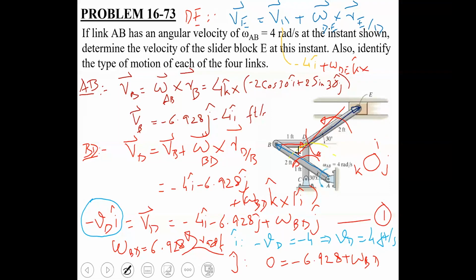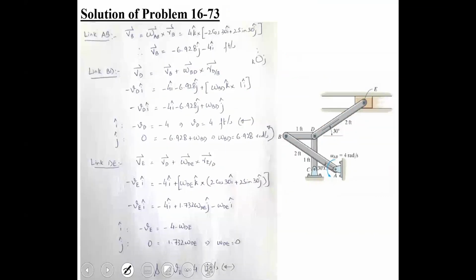So in first 2 cos theta 30. So 2 cos 30 i plus 2 sin 30 j. पॉजिटिव होंगे उनके ऊपर. दोनों पॉजिटिव होंगे because it lies in the first quadrant. तो थोड़ा सा हम सोल्यूशन की तरफ देख लें, वो पेज कंप्लीट हो गया था. So we are considering this link ED and we have written the relative velocity equation taking point D as our base point. So VD is minus 4i. Similarly omega cross R में omega DE हमने counter clockwise जज किया और R हमारे पास आ गया 2 cos 30 i